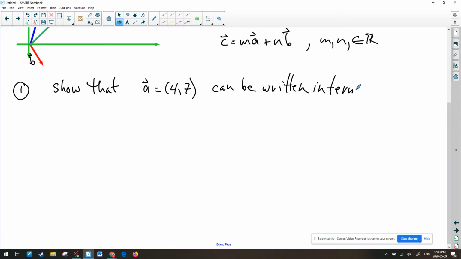in terms of the vectors -1, 1 and 3, 5. And so that's what we want to show, that this vector can be written in terms of these two vectors. And so, okay, we're going to try and do that. So what we need to really do is we need to demonstrate